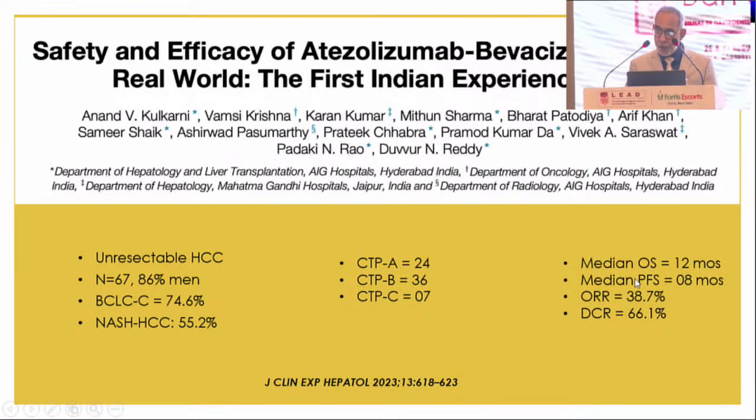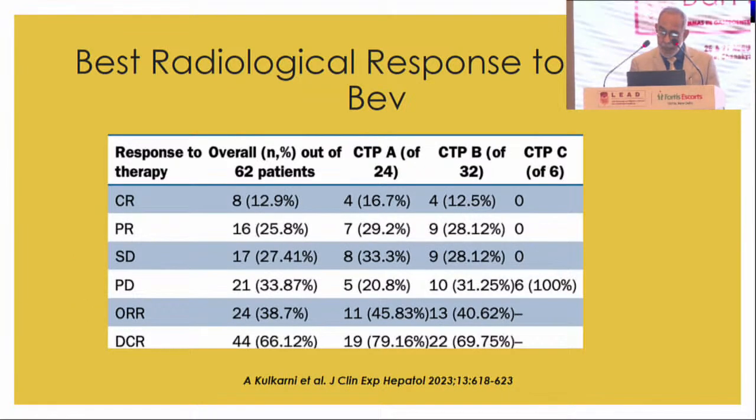The median overall survival we found was about 12 months with a median progression-free survival of 8 months, objective response rate of around 39%, and a disease control rate of 66.1%. Some of these numbers are lower than reported with other real-life experience because possibly of the sub-cohort of CTP-C whom we included. And looking at the radiologic response rate, interestingly, a complete response rate was observed overall in about 13%,